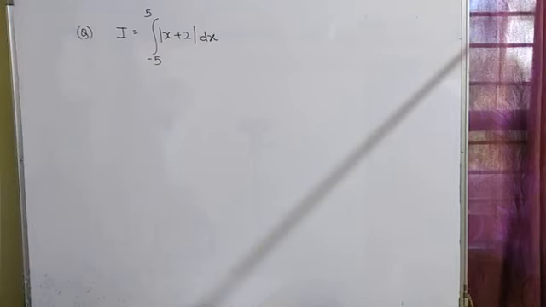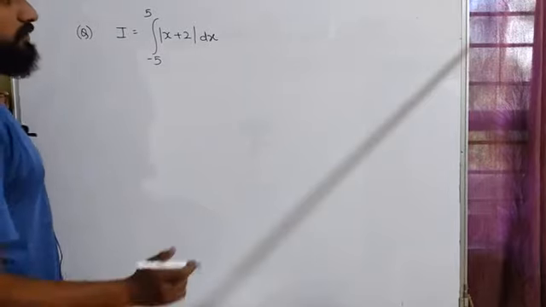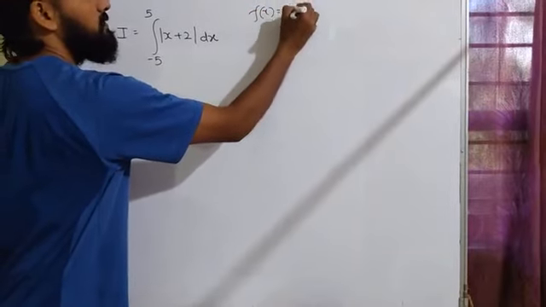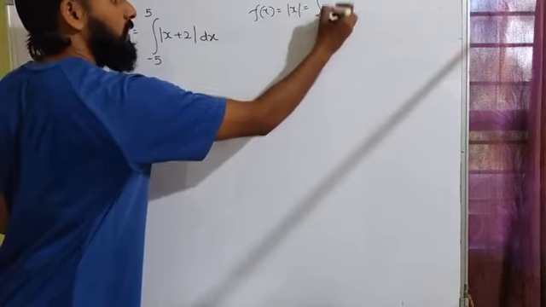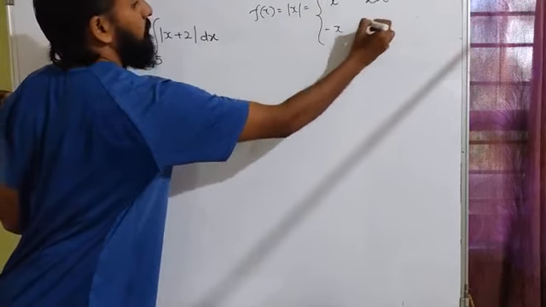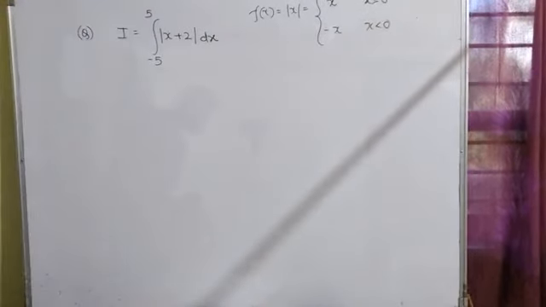So to understand this question, you need to know some of the basics. What do you need to know? Well, you need to know the definition of the mod function. I hope you all know it. f of x is equal to mod x, which is in turn defined as x if x is greater than or equal to 0 and minus x if x is less than 0. So this is the definition of the mod function. Well, now in this case